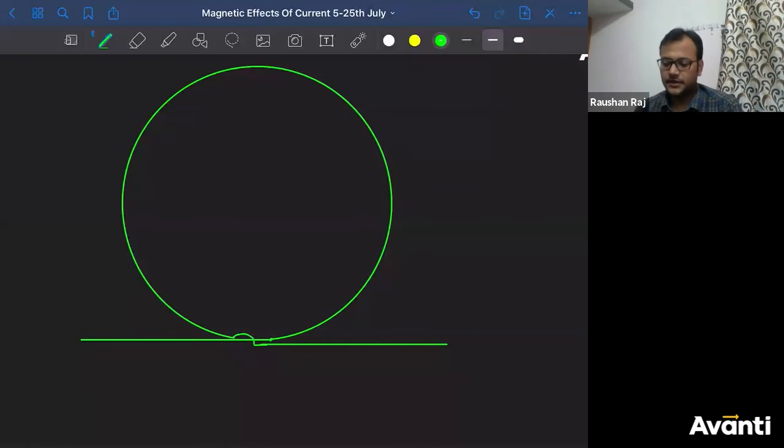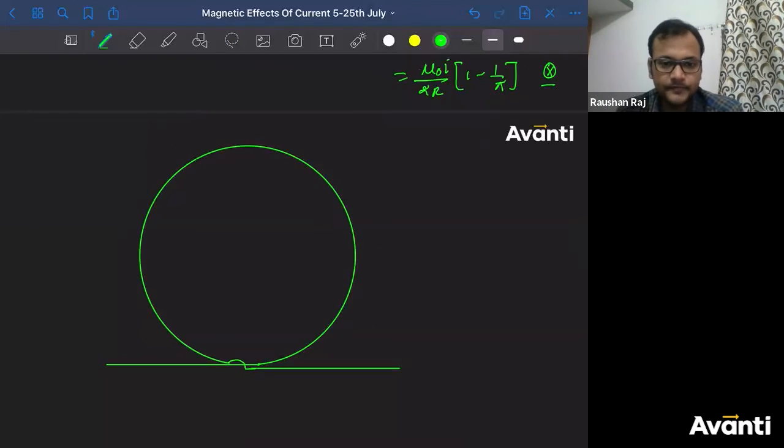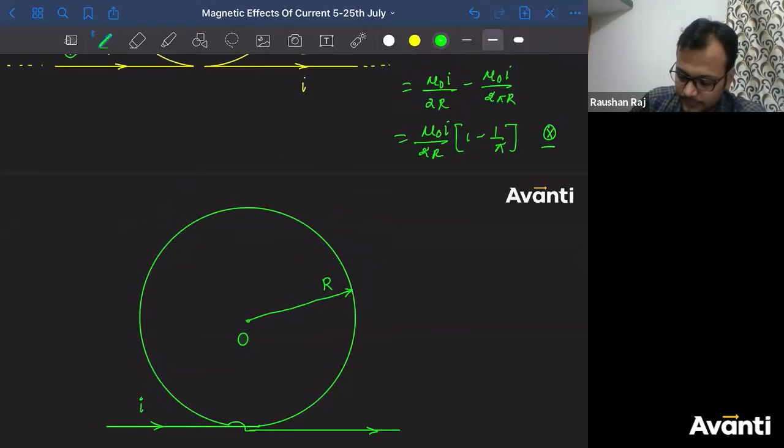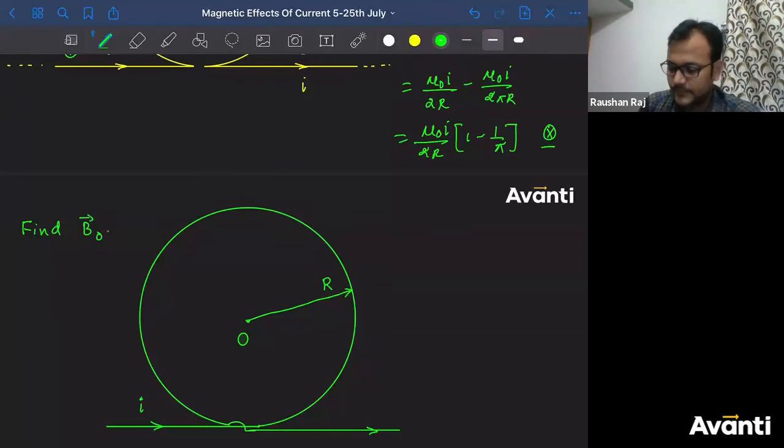Like this. Guys, did you understand the condition here? Do you remember the rotation class? Guys, are you okay with the diagram here? Let's say current is coming from this side and exiting out of it, and this is radius capital R, this is I, this point is O, and the question remains the same, magnetic field at point O. Find BO.